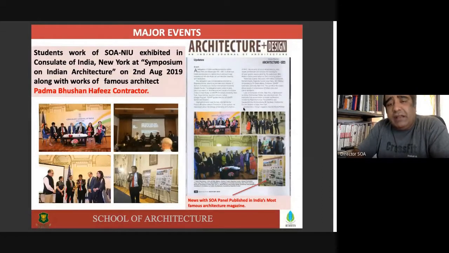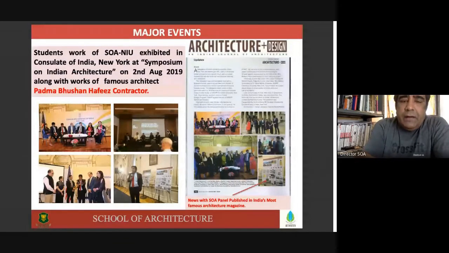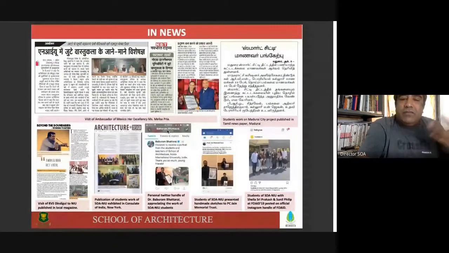You can see here, this was published in the news also. And with the news, this is the poster of our student work. So these are the exhibition. It was very well covered in New York. And this is the lecture in Columbia University in New York. So these are some of the glimpses which have happened in the past about our media coverage about our activities